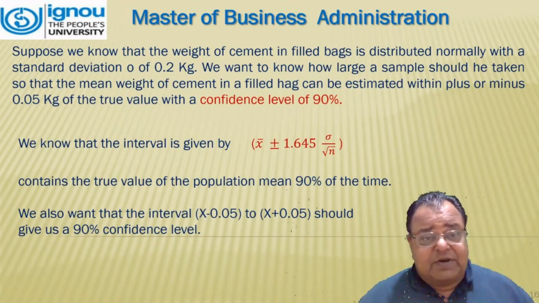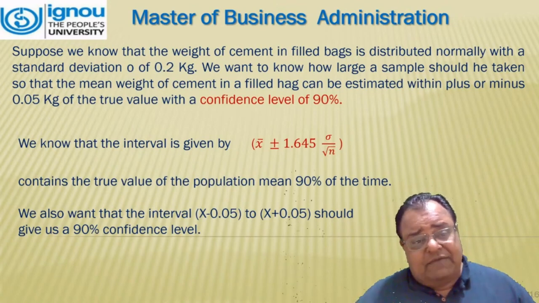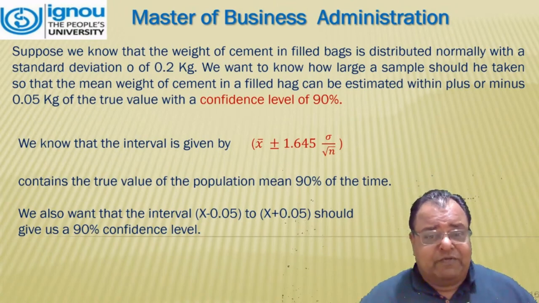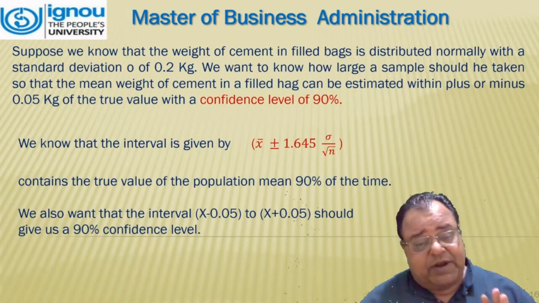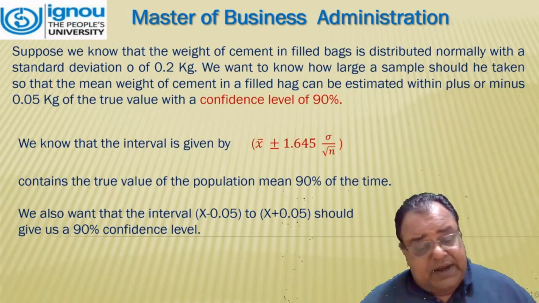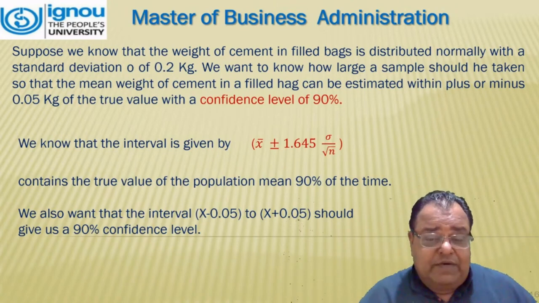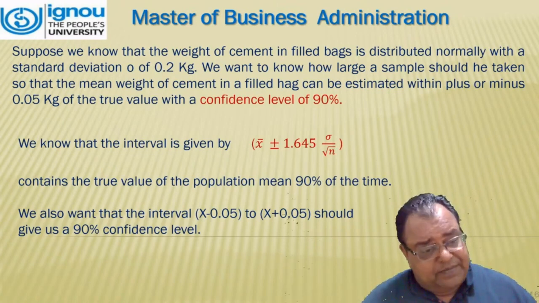Standard deviation is given to you as 0.2, the fluctuation from the true value is 0.05, and your confidence level is 90%. This information is provided to you in the problem. Now we have to find out the interval. The interval for a 90% confidence level is given by x bar plus minus 1.645 times sigma upon under root